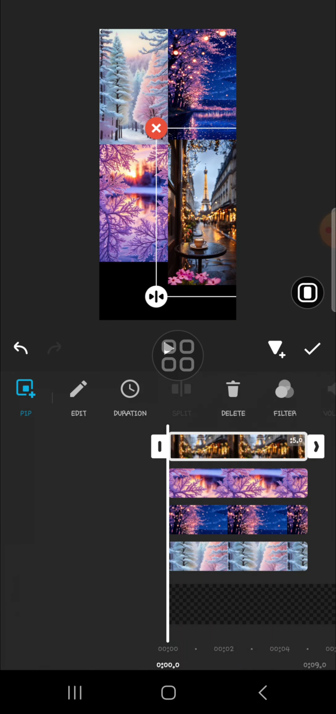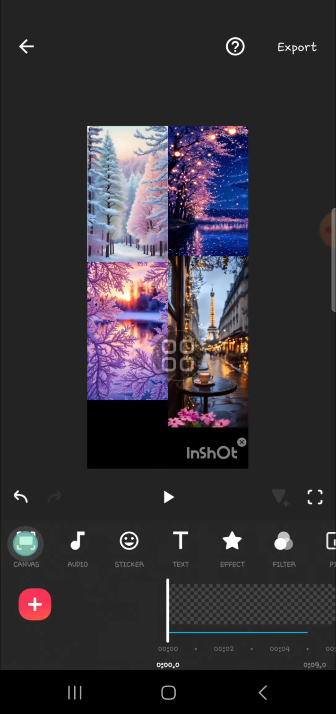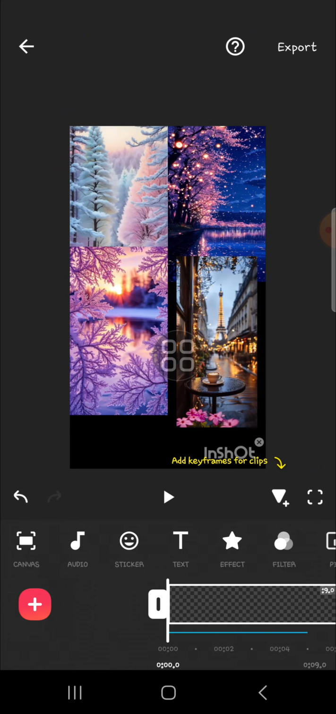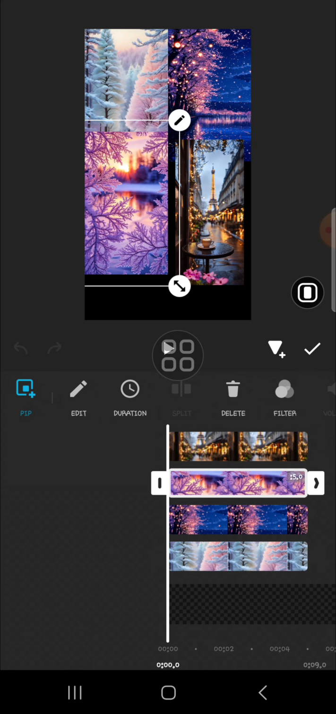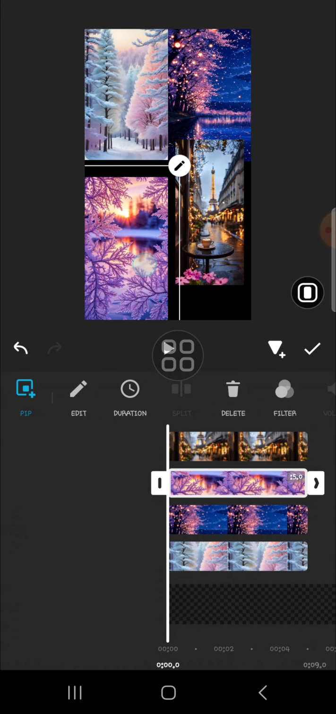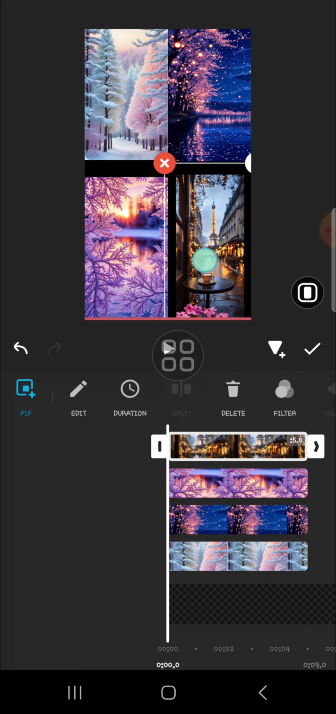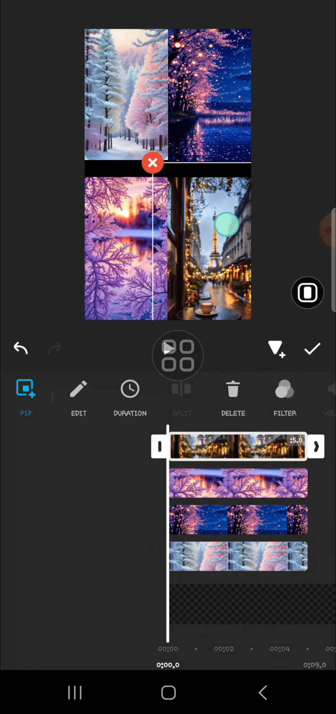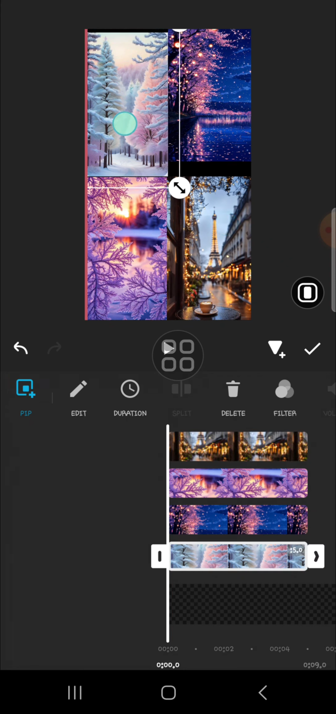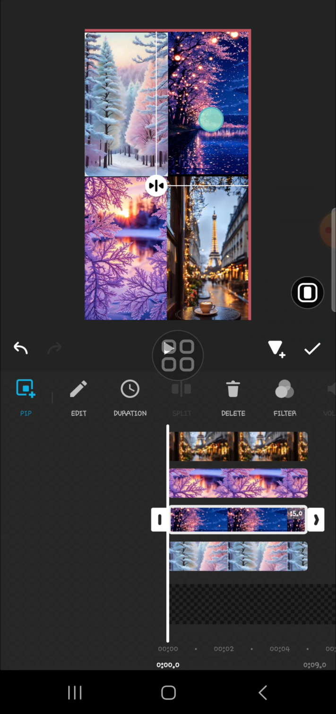Okay, and then I'm going to change the canvas. I'm going to choose 9:16 ratio, which is suitable for Instagram Reel. Okay, and you can keep arranging until you're satisfied with how it looks. You can zoom in or zoom out like this, right? Okay, once you're satisfied, you can